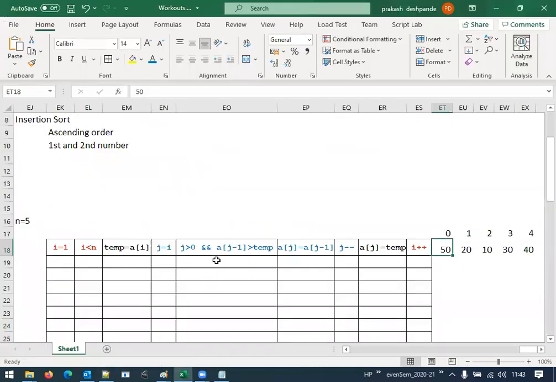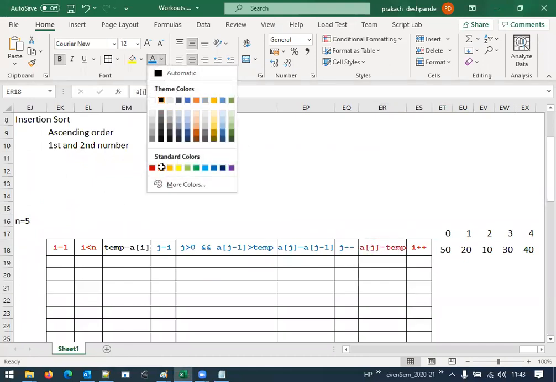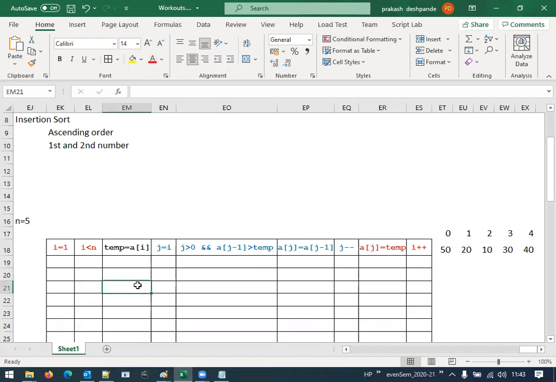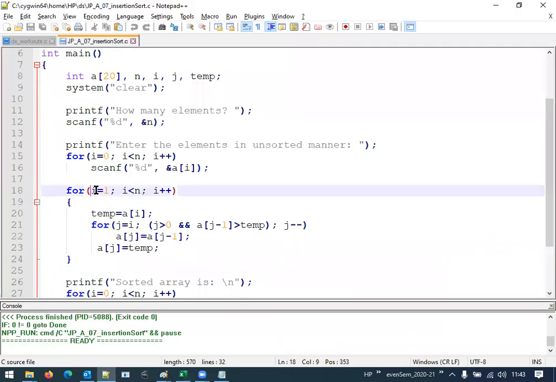Now look into the tracing part. Again, here, let me go with the standard convention by writing in a tabular format. Now, i equal to 1, i less than n, then a of j equal to temp and i plus plus. These are statements representing the outer for loop. Look at here, i equal to 1, i less than n, and then temp equal to a of i.